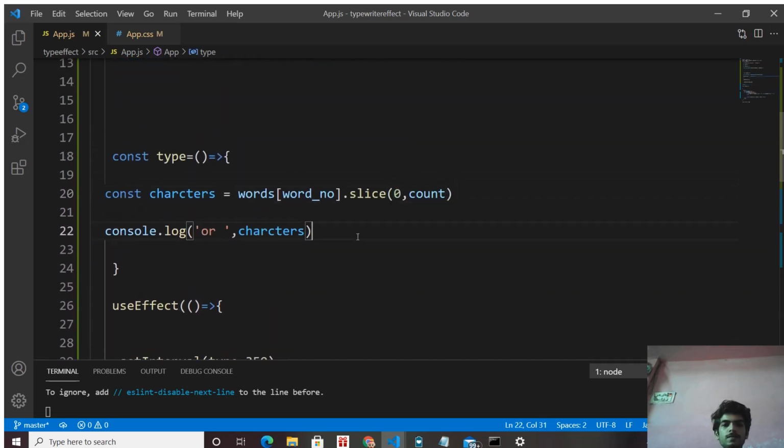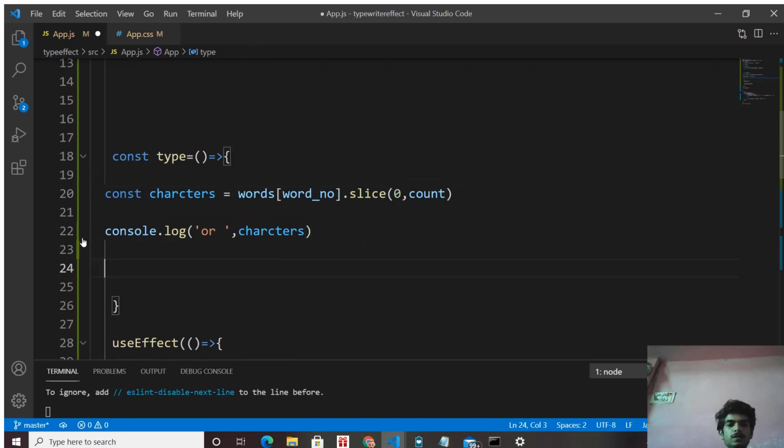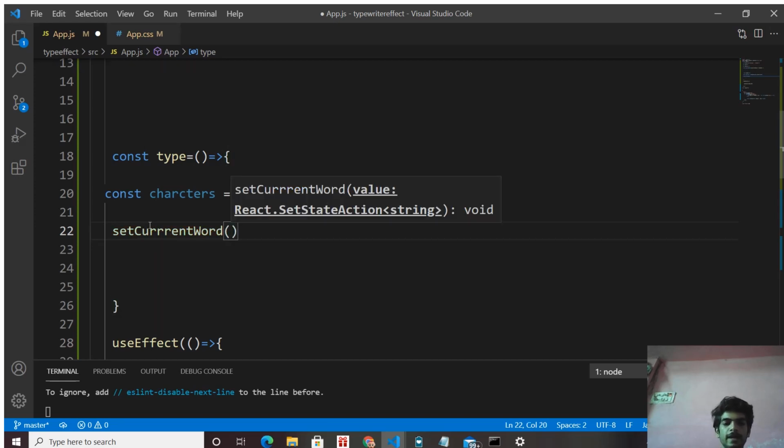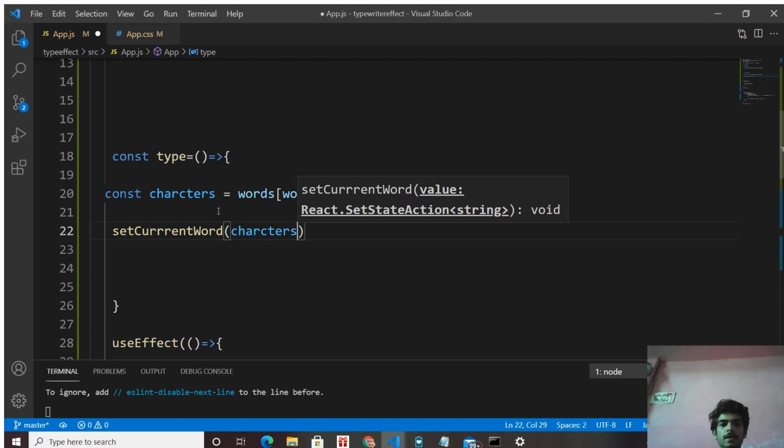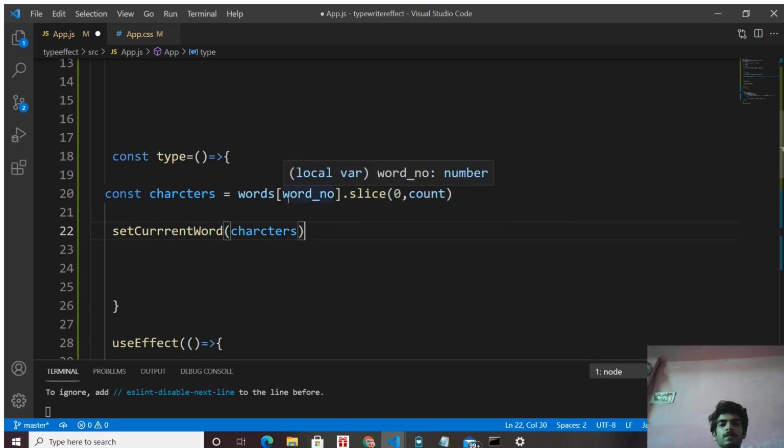See, remove this. Now we set our current word, that is our characters. Now our current word has the characters of the first word, that is going to get printed in the console.